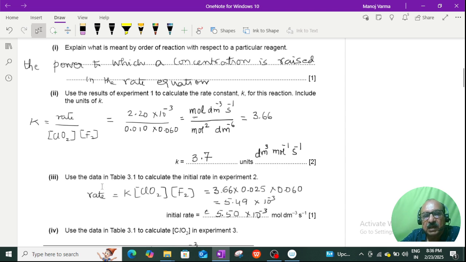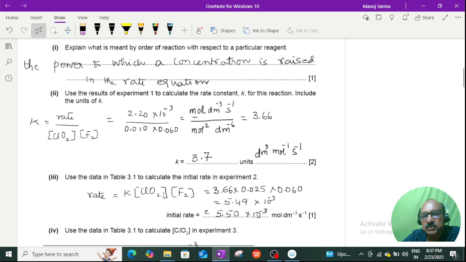In the third part, we have to use the data to calculate the initial rate in experiment 2. So now, having already found out the value of K here from this, we can plug in the value of K here, but we should not take the rounded off value. We can round off at the end. So we can take this value 3.66